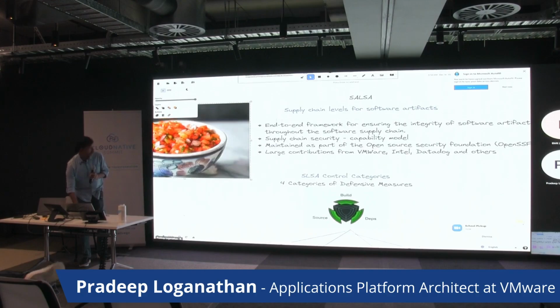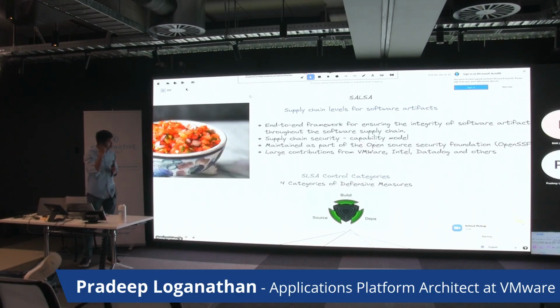So what are we doing in the open source community about it? Within the open source community, one of the areas that we're dealing with is called SLSA, or Supply chain Levels for Software Artifacts. It's a program that's coming out from OpenSSF, and it's being contributed to by a lot of organizations, wherein we are talking through how do we secure supply chains, what are the artifacts, and what are the various principles of how do we ensure that supply chain artifacts are secure. It's also a capability model. It has various levels, primarily 4 levels. It's maintained by OpenSSF, and there are large contributions from a lot of open source community members.